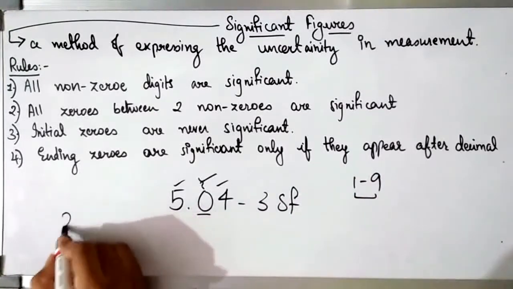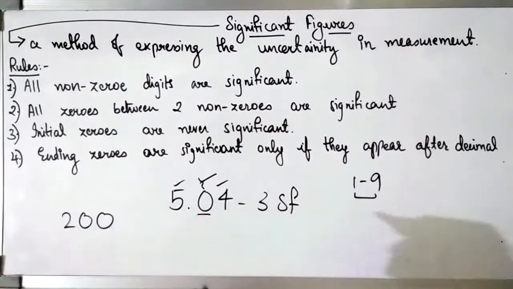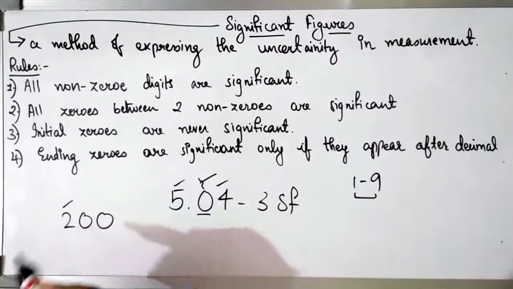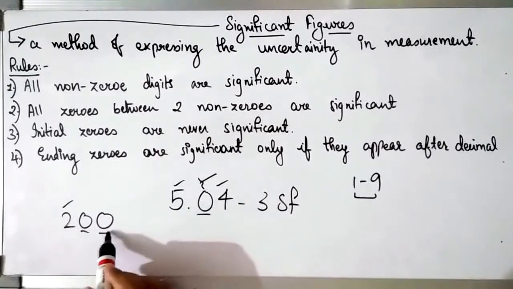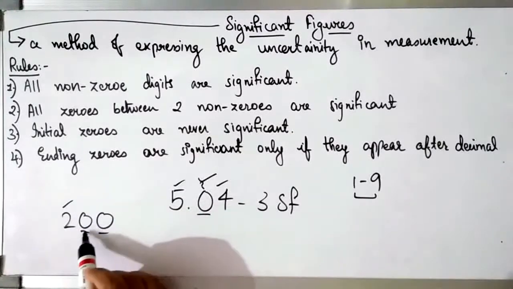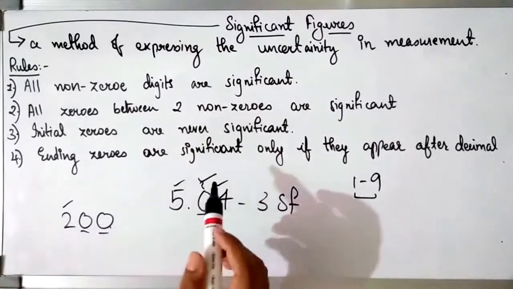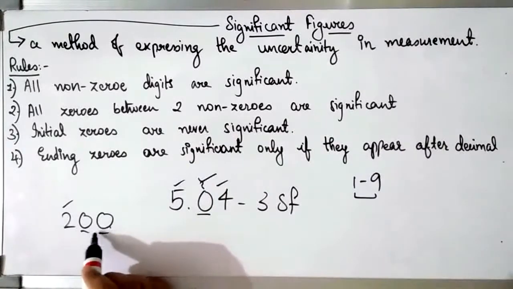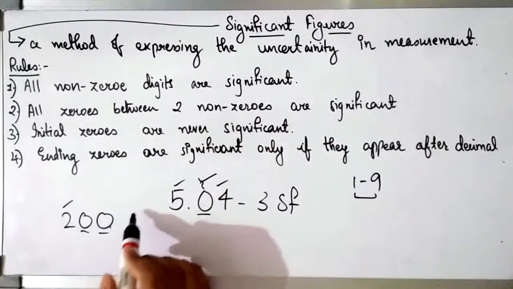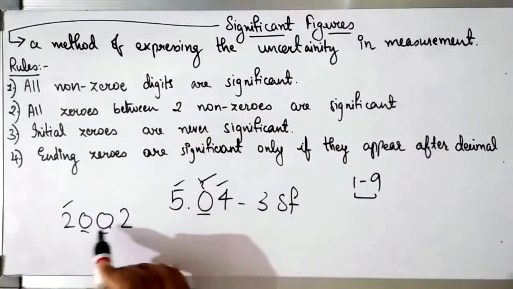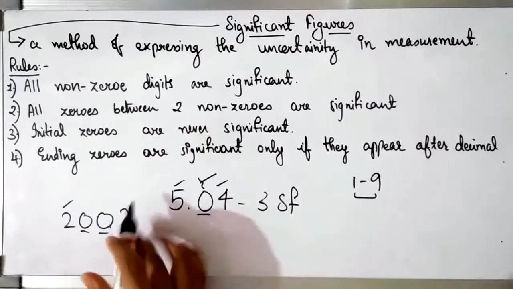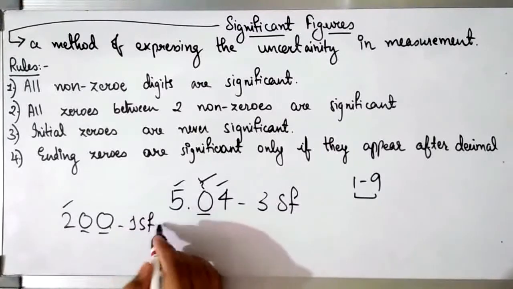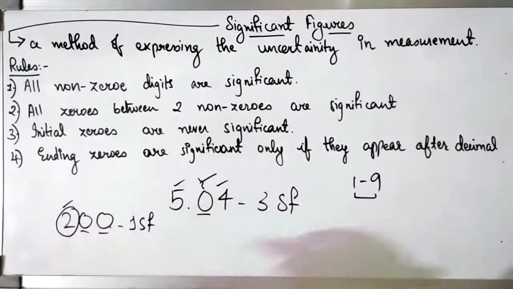Now if I give you something like 200. Over here we have one significant figure, that is 2, because it is a non-zero. Now check the both zeros. Zeros are considered to be significant only if they are present between 2 non-zeros according to our second rule. Since the zeros are not present between 2 non-zeros, these zeros are not significant. If we had one more number 2 over here, then these 2 zeros would have been significant. But we have only 200, so we have only one significant figure, that is 2, because it is a non-zero.